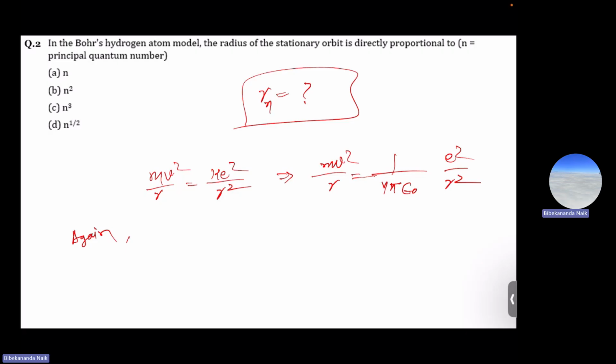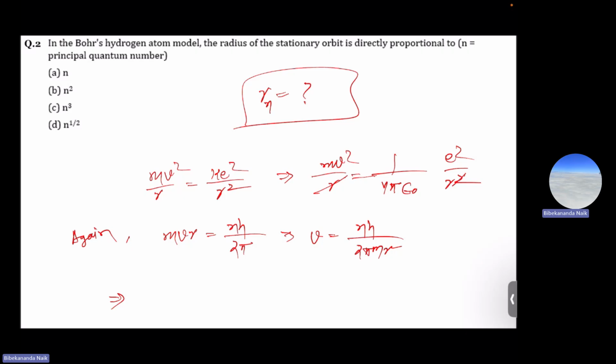Again, from Bohr's postulates, we know angular momentum is quantized. So mvr is equal to nh by 2 pi. That implies v equals nh divided by 2 pi mr. So if you put the value of v, so here if you can see, we can